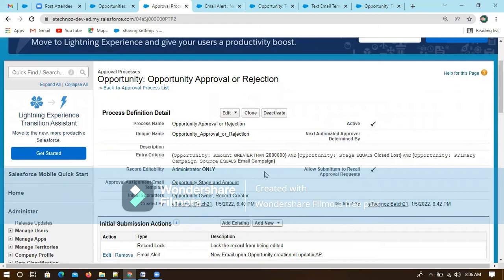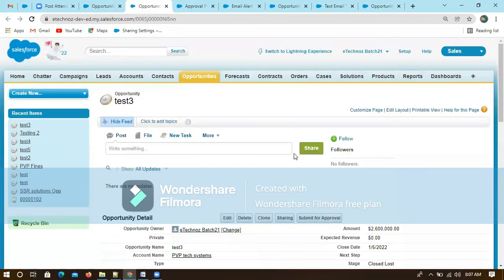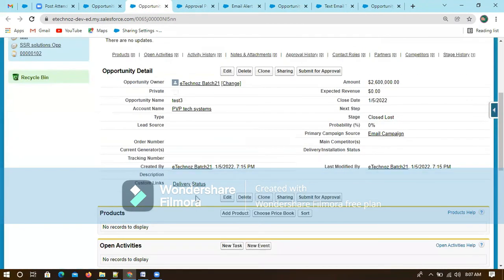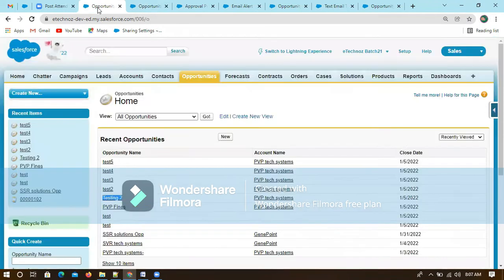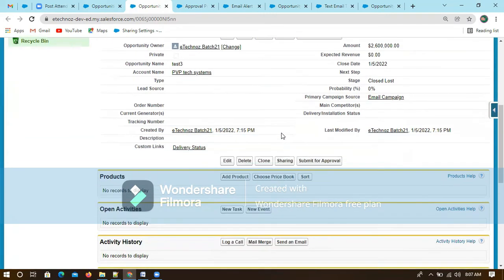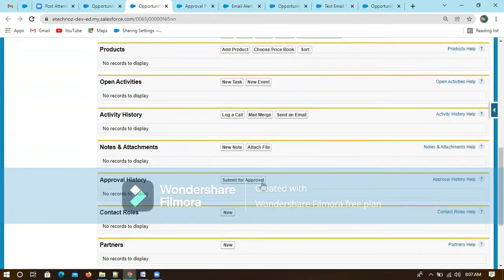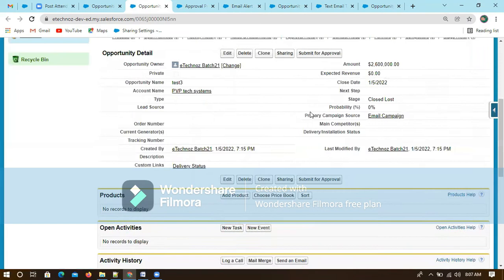Now if I want to do it manually, yesterday we did the entire stuff, but we forgot to add this to an automated process, like a process builder or flows, or we can call it from Apex. Right now what I'm doing is a manual step. If you just click submit for approval, this will be a manual step. And we can also automate this based on the criteria.